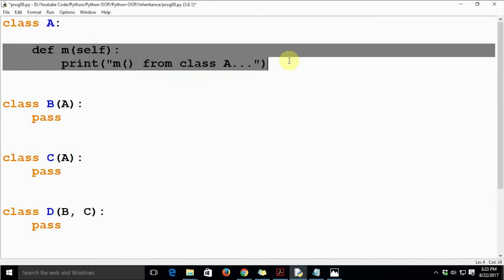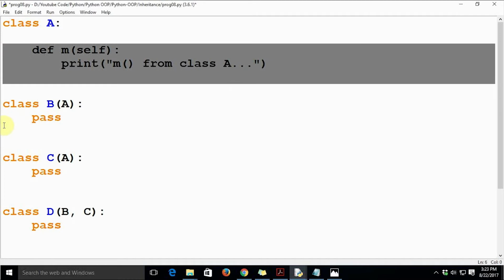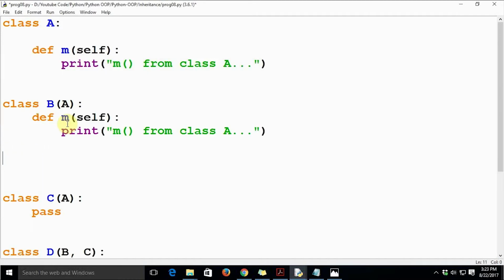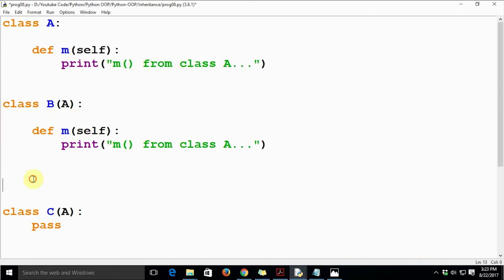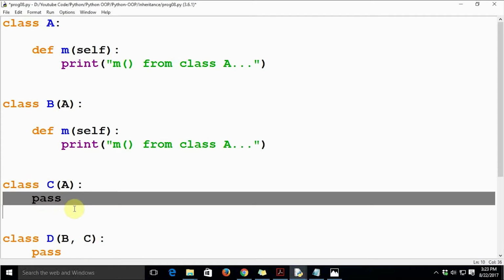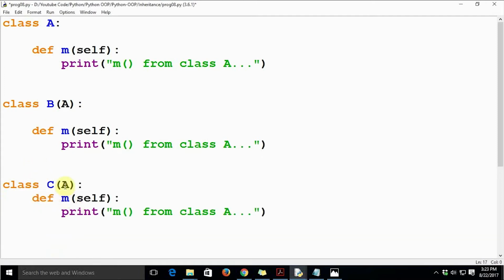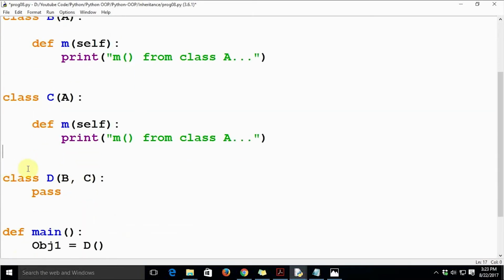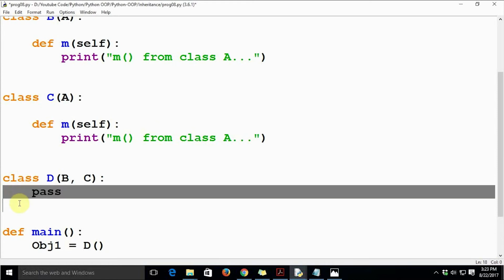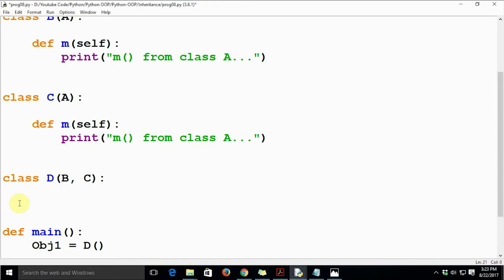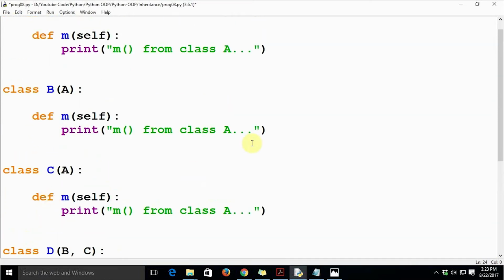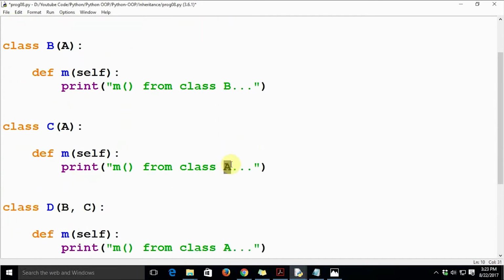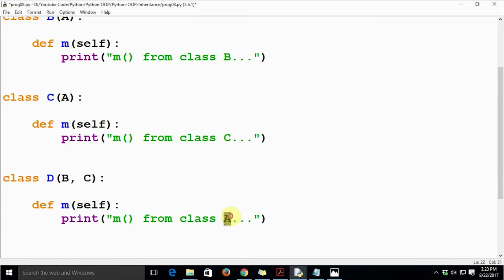We are going to repeat the same method for all the classes here. So let's make it B, C and D.